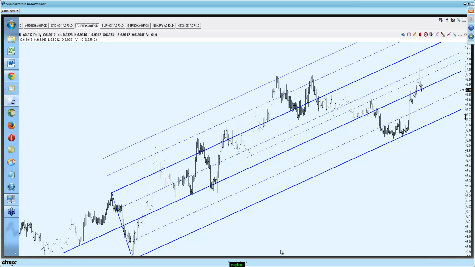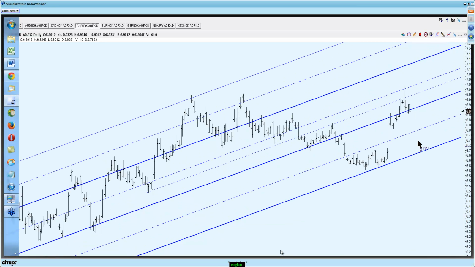See if we can gain the median line. Median line was resistance there, it was support back here. It's obviously an important line. I'd like to see support above, what should we call it, 91.20, see if the price moves to the upside